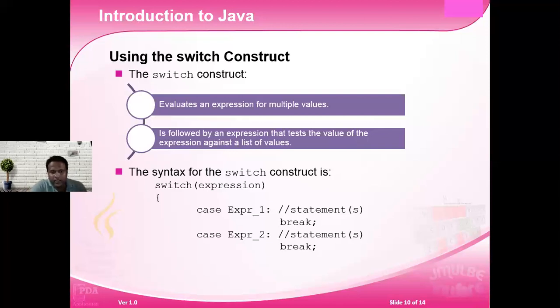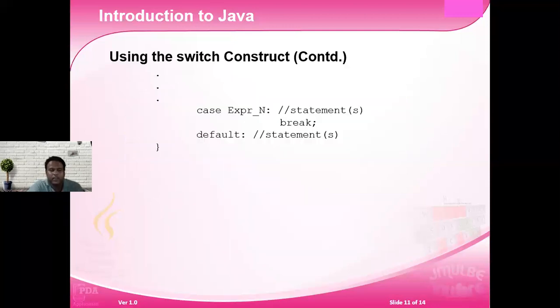If you notice here, in a switch we define an expression. The expression that you pass is matched with the case expressions. Expression 1, expression 2 means your data type should match. If you take a numeric, your expression 1 and 2 must be numeric. If you take a string as an expression, then in your cases, the string is also matched. So it searches for the particular case statement, and if it is not matched with any case statement, then the default statement is executed.